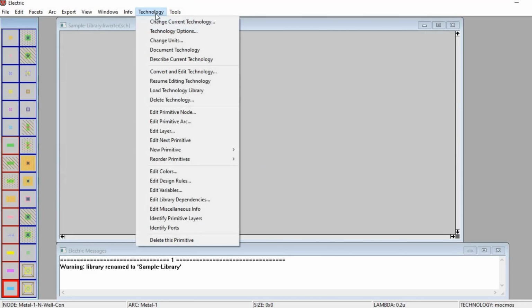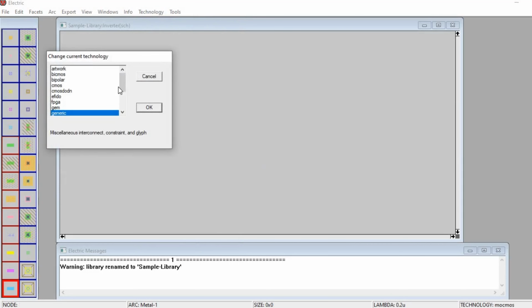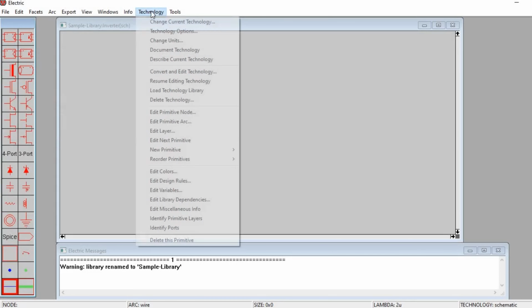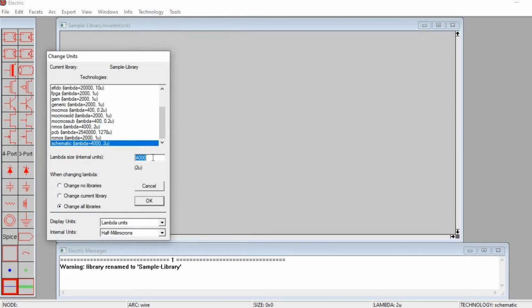In technology, choose change current technology, schematic analog. Technology, change units, so change 4000 to 2000, lambda units to microns, then internal units have millimicrons.